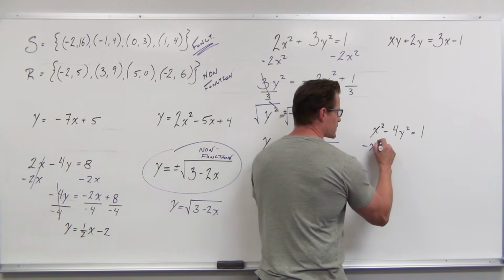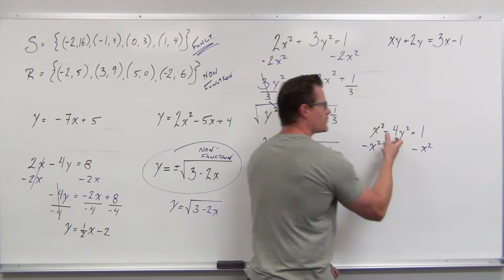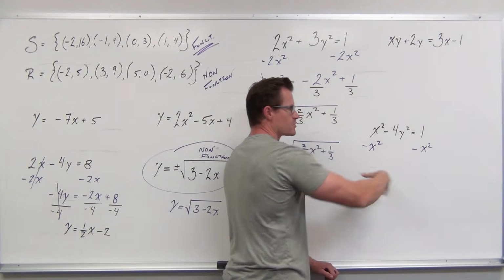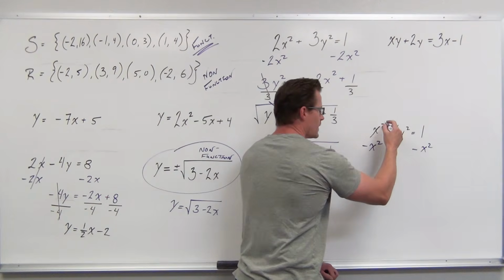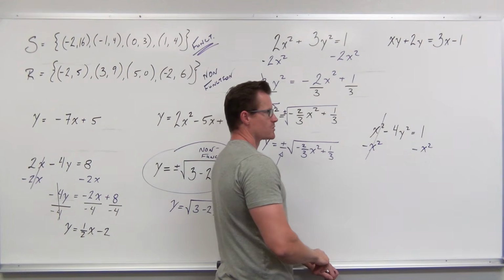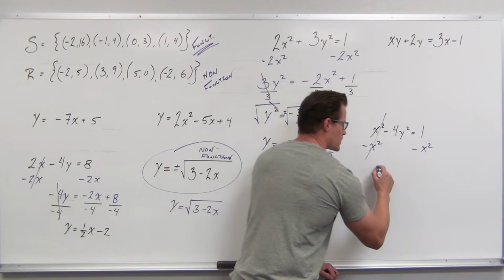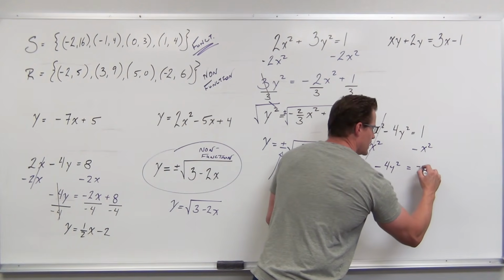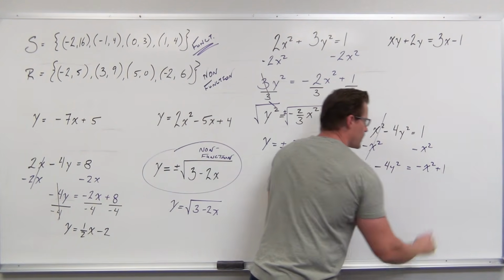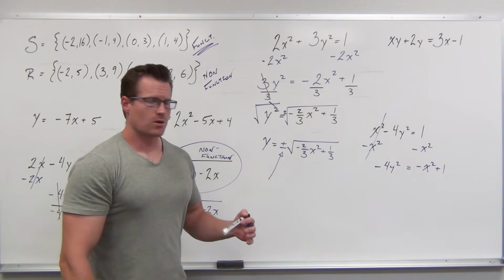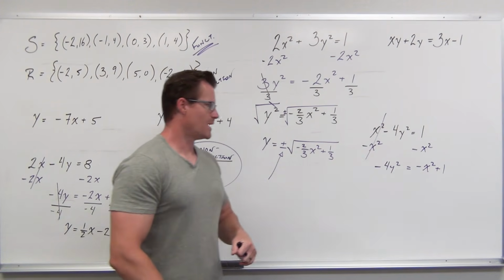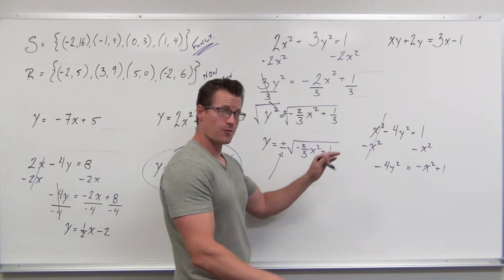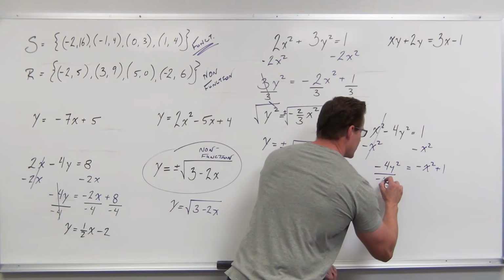So for us, we're going to subtract x squared, no problem. You could, of course, add 4y squared and subtract 1. That's the same thing. We're trying to make zeros when you add or subtract. So 0 minus 4y squared is negative 4y squared. On the right-hand side, we have negative x squared plus 1. Before we take that square root, I know I'm going to have a plus and minus. I know it's not a function right now, but before we show that, we're going to divide everything by negative